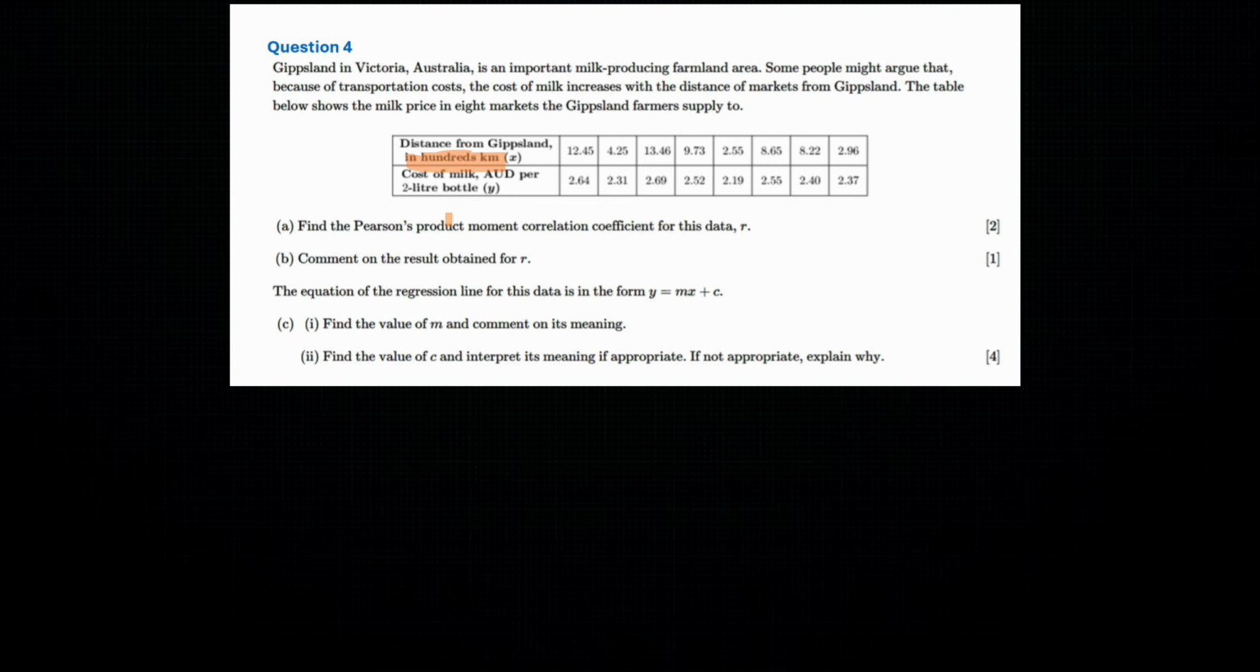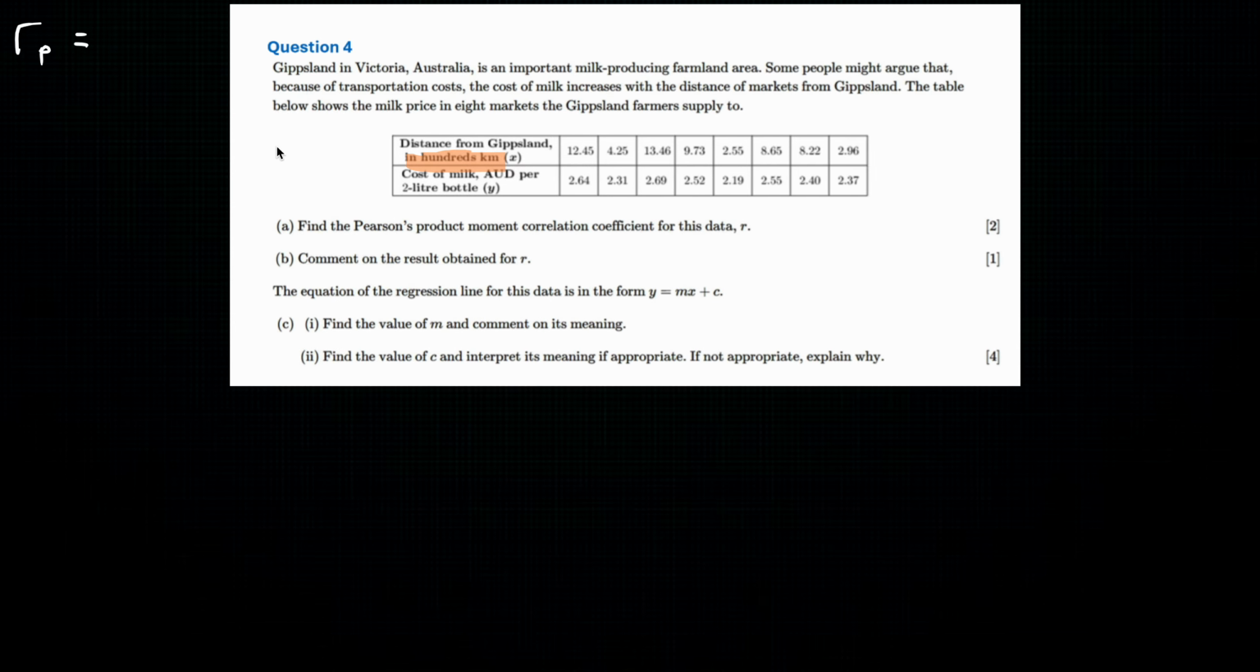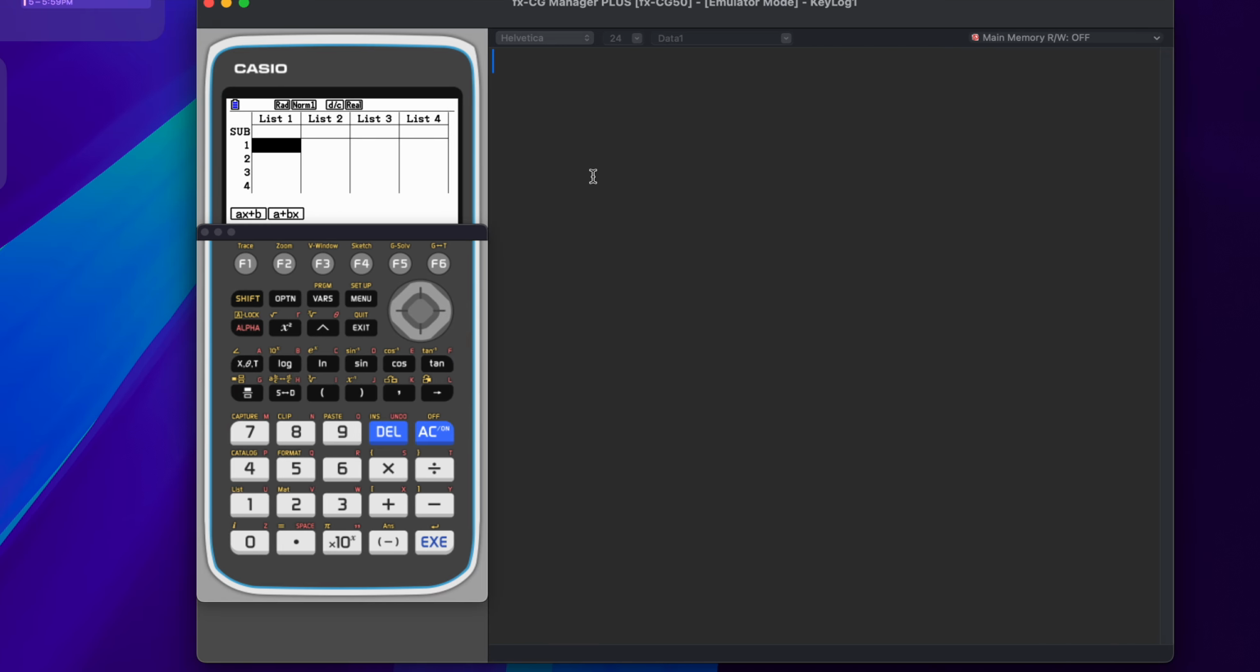First of all, finding the Pearson's product moment correlation coefficient, which is rp. How do we calculate that? We need to input this data into our calculator. Let's press exit, and let's go back to list 1, and let's clear the data set. Likewise for list 2, just clear the data set, and let's input our x values. Remember to do so in chronological order, so